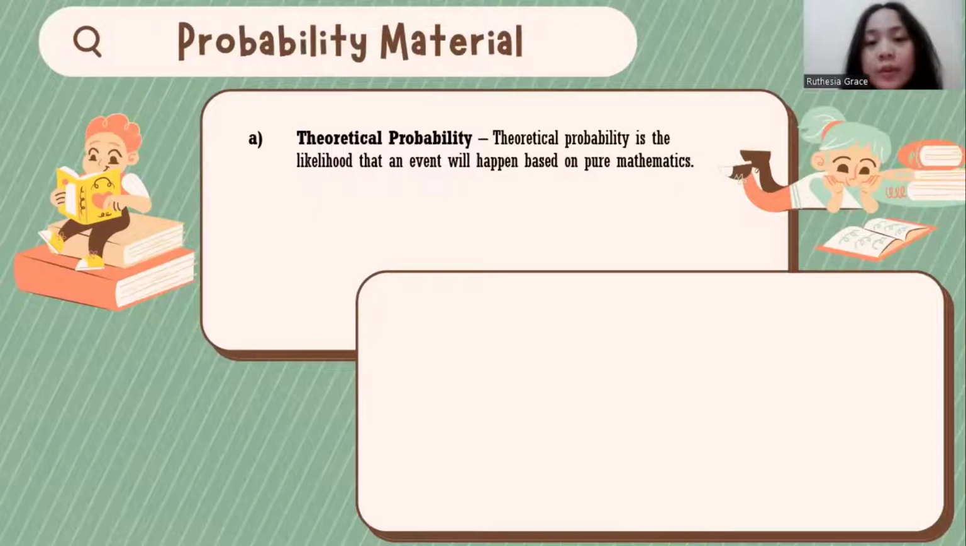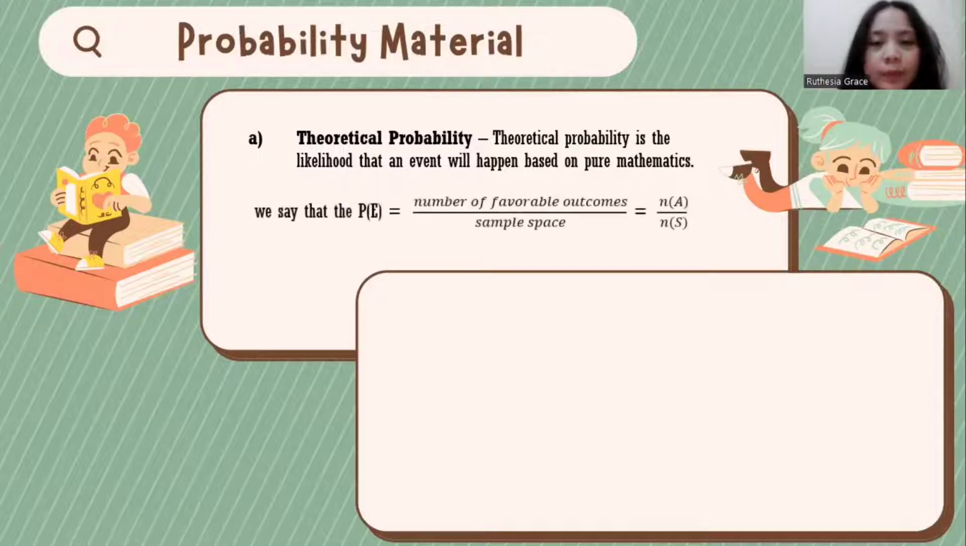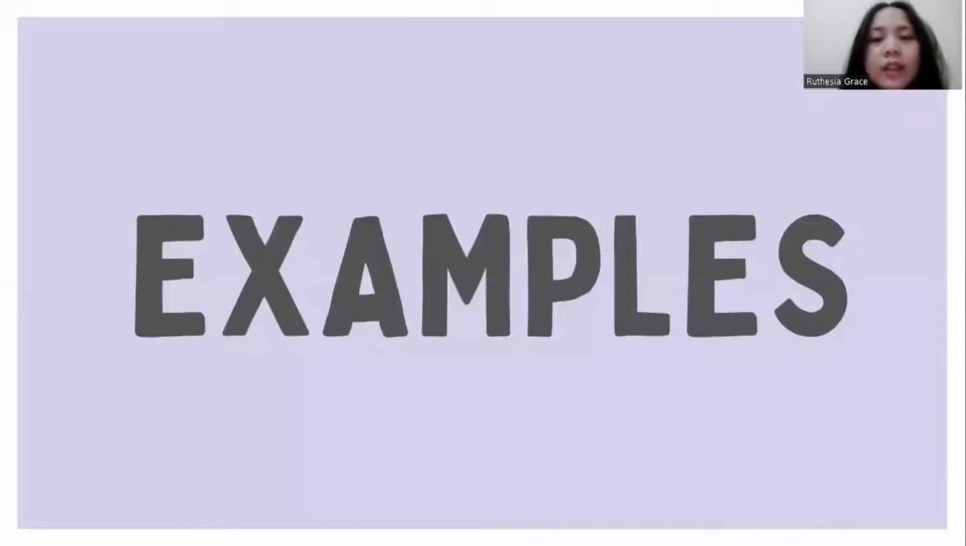And there are two types of probabilities that we're going to look at. First, we have theoretical probability. Theoretical probability basically says what we expect to happen or what should happen. We say that the probability of event E is equal to the number of favorable outcomes over the sample space. For example,